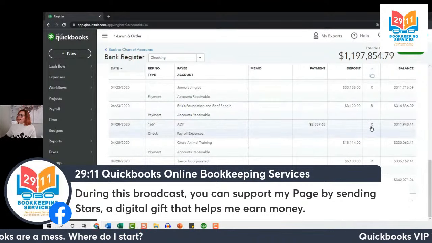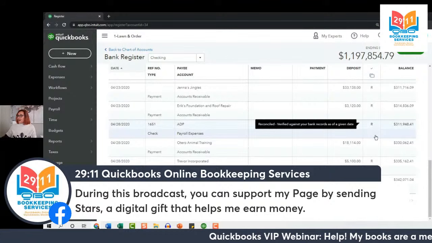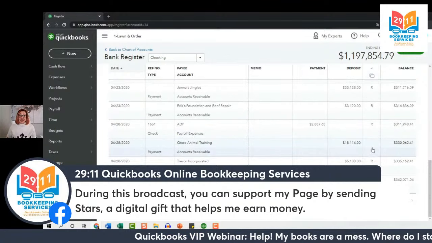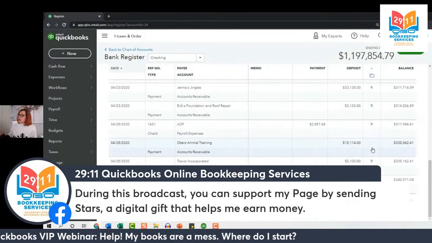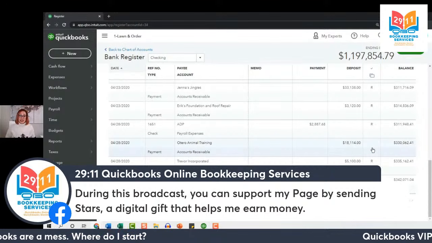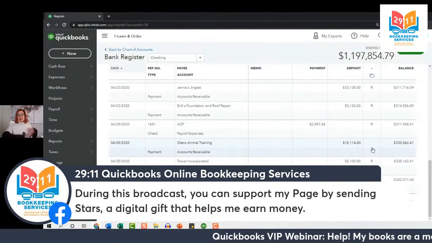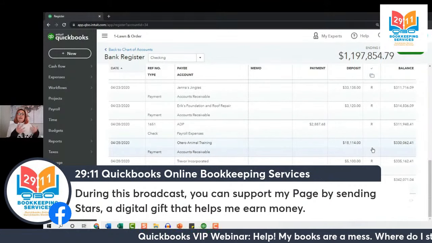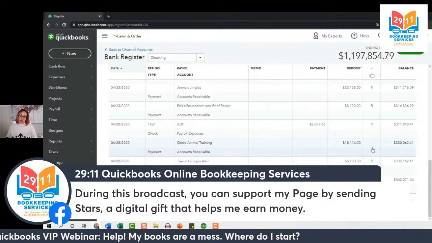An R in this column means that the transaction has been reconciled. And if I see nothing here, that means it has never been reconciled. Now, there is one more symbol that you can potentially see here, and that is a C transaction. If you see a C, it stands for cleared, which means it hasn't been put through a reconciliation yet, but it has been added through online banking.